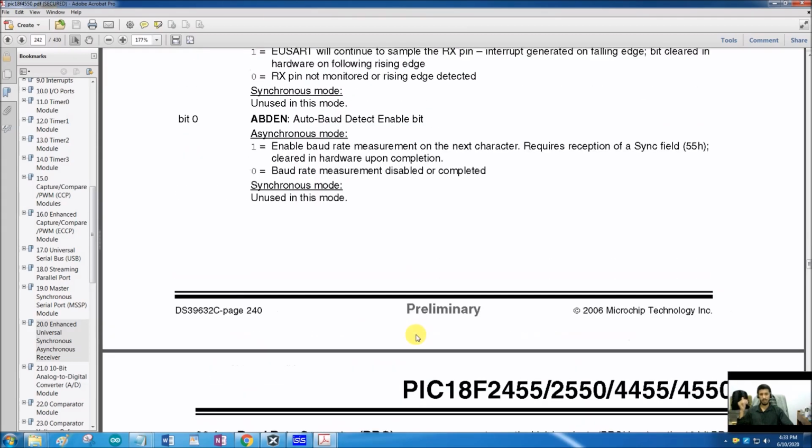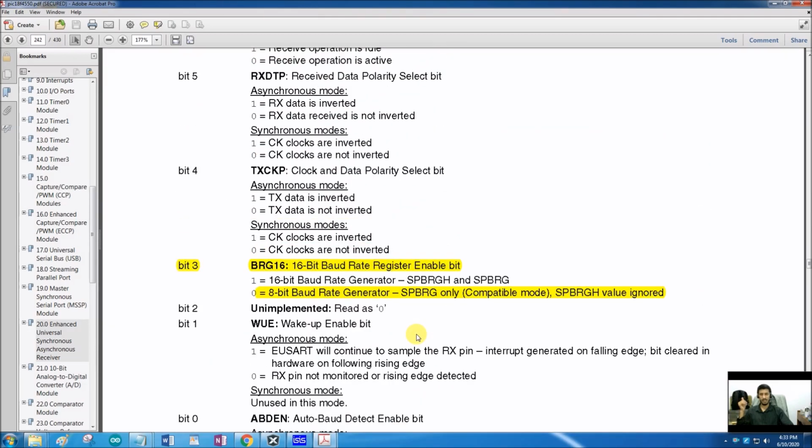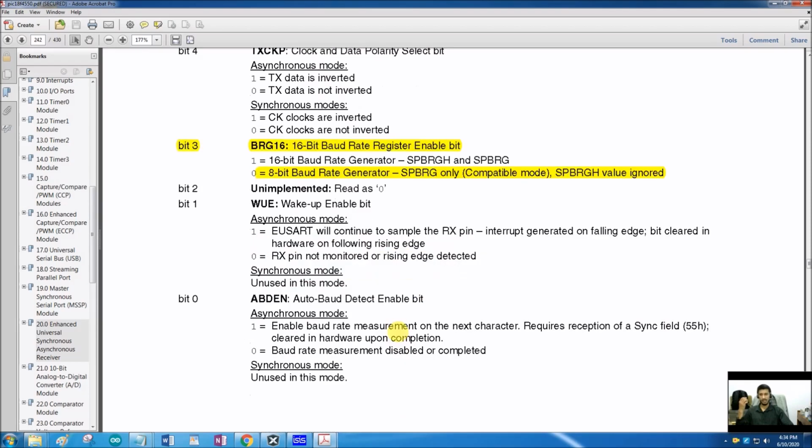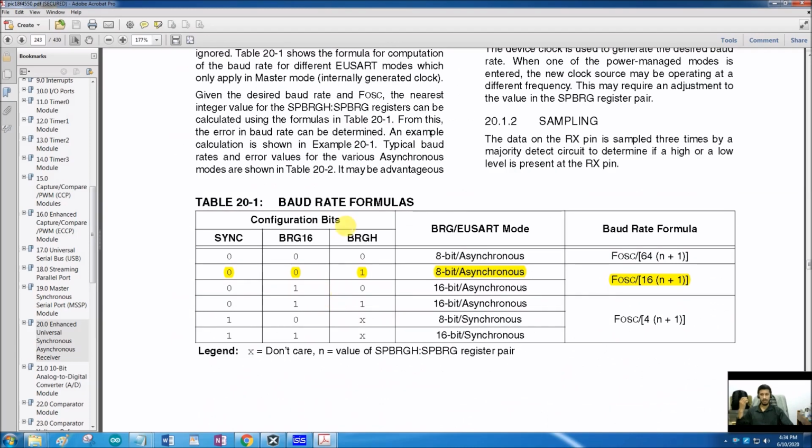So these are the 4 registers that we are interested in, but we are not going to send values into all these registers. Rather, we are going to use the specific bits that are of our interest. The first thing that has to be considered while using the serial peripheral is what should be our baud rate, what should be our data transmission rate.